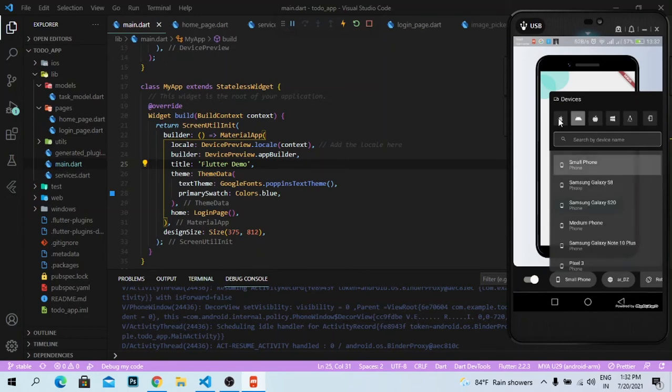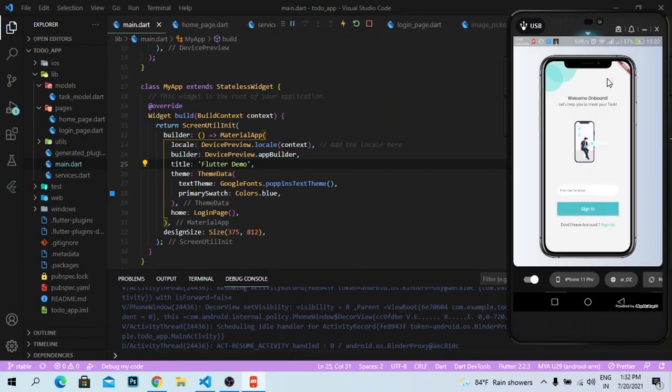So on Android, I've tested. On Apple or iOS, let's test on iPhone. You can see here there is a list of devices. So let's select this, and it will give you the preview of that. So on iPhone 11 Pro, your UI will look something like this, and if something is pixelating or some layout issue has occurred, then you can fix that by using this.